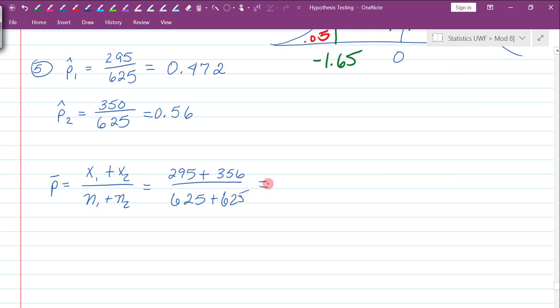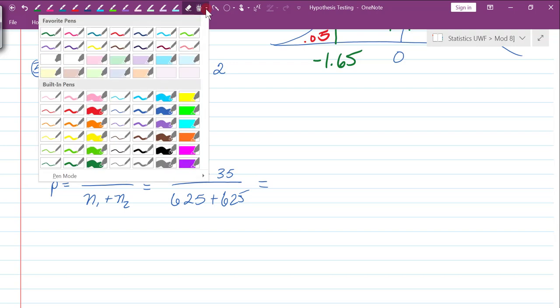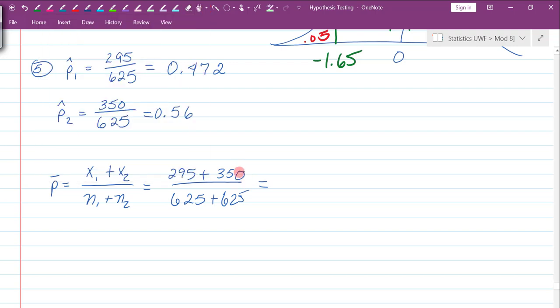So now we're going to add together 295 plus 350, and we get 645 divided by 1250, and that becomes